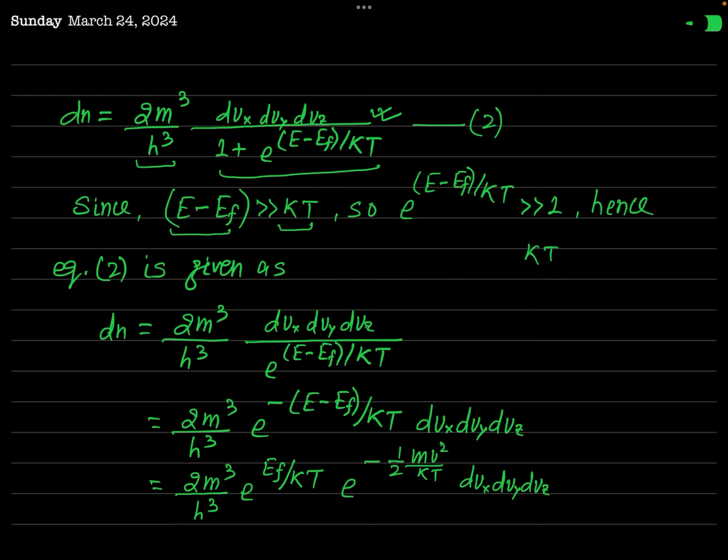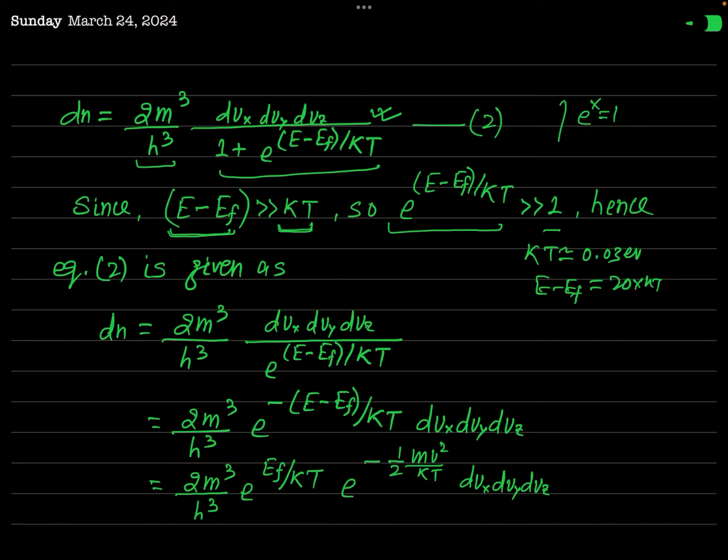Actually, this kT at room temperature is of the order of 0.03 electron volt, and this E minus EF is almost 20 times kT. So you can say that E minus EF is much greater than kT. And if E minus EF is much greater than kT, then what will be e to the power (E minus EF) over kT? That will be much greater than 1, because you know